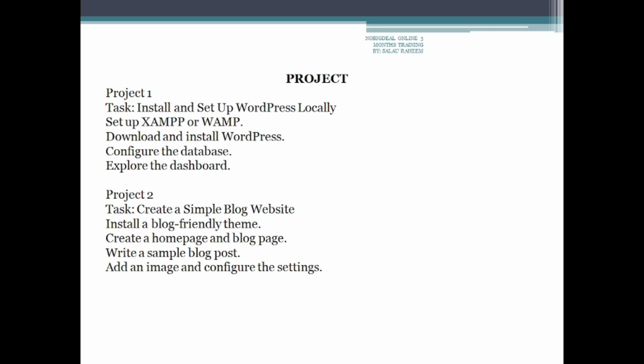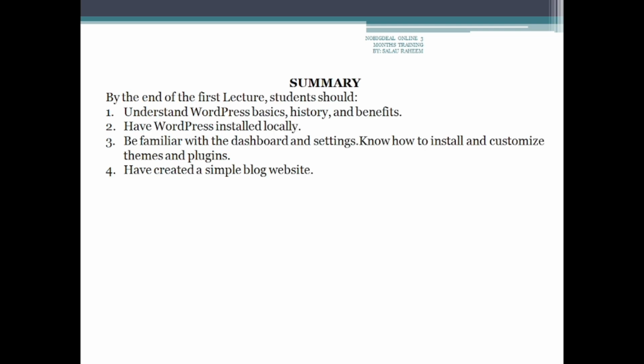There's a difference between page and post. Post is when you want to show your clients something, you want to tell them something on your website. That's a post, while a page is when you want to have some navigation on your web homepage. Then you try and add an image and configure the settings. Note that for every project I'm giving, you are going to do a seminar on it. So try and do it. Do your video and send it to our video assignment links.